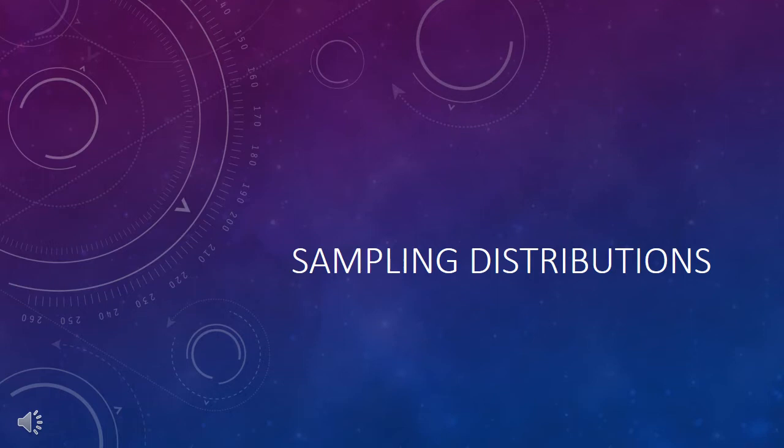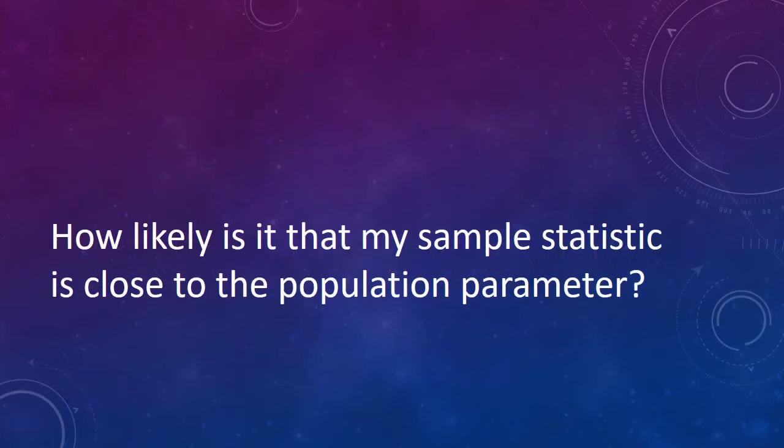Today we're going to add a bit more complexity to this notion of a distribution in order to answer the question, how likely is it that my sample statistic is close to the population parameter? Recall that a population is all of the possible subjects, and a sample is the group of subjects for whom we have data. A parameter is a numerical summary of the population, and a statistic is a numerical summary of the sample. We're interested in populations, but we only actually know about samples, so we use the sample statistic to